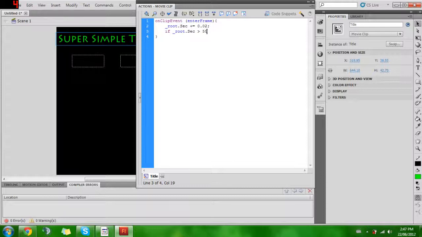Greater than 59, because we don't want it to go to 60 seconds and back down to 0 or 1 second, because that will put it 1 to 2 seconds at a time. So say if, forgot a bracket here, if _root.sec is greater than 59,